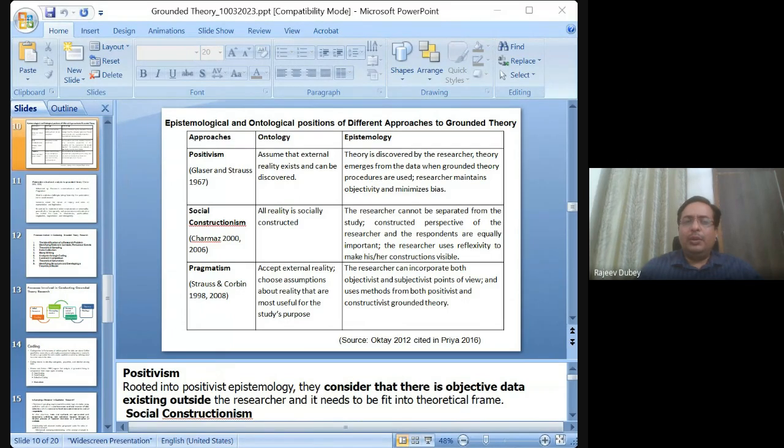Now, the third approach in grounded theory emerged in terms of pragmatism, which was influenced by the writings of John Dewey, George Herbert Mead, and Herbert Blumer. It argued that social reality is the construction of human agency as played out through the complex web of actions and interactions. Their main argument was that the external world is a symbolic representation,